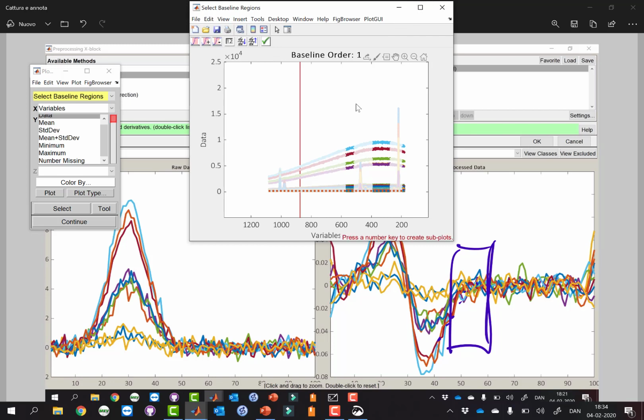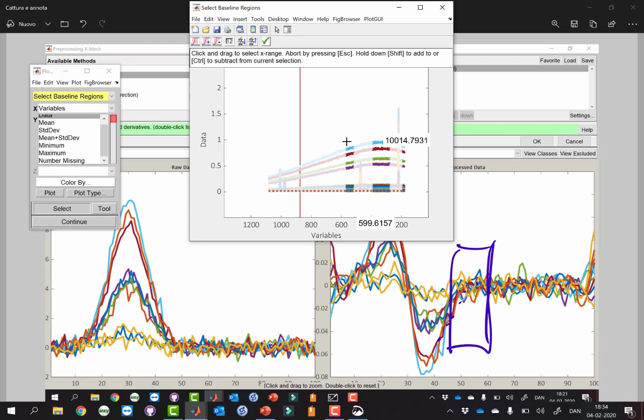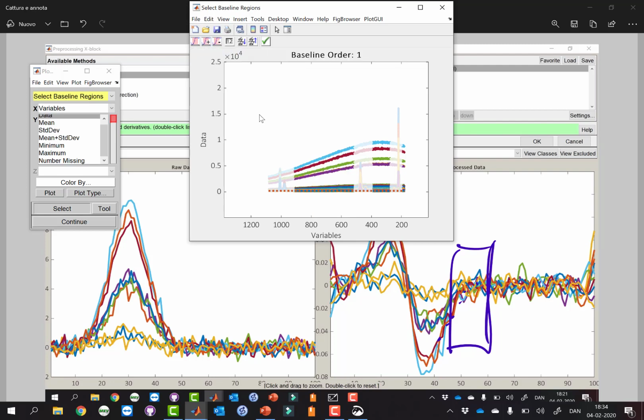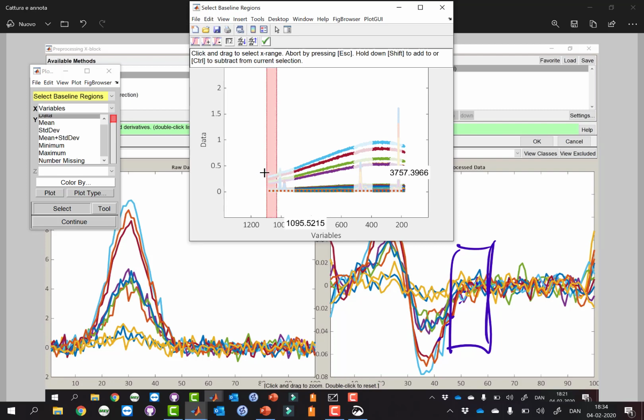Let me see. Here we are. And seems that I lost something in the beginning. I want that back. So I'm gonna take this part here.